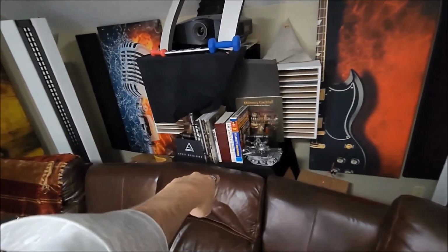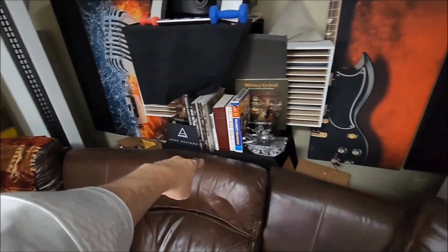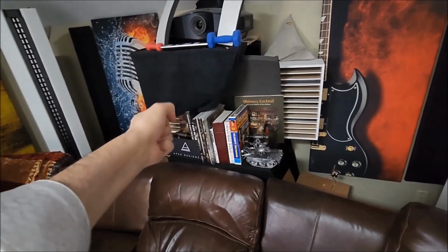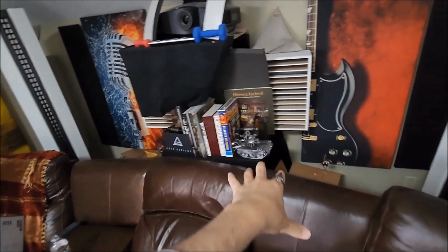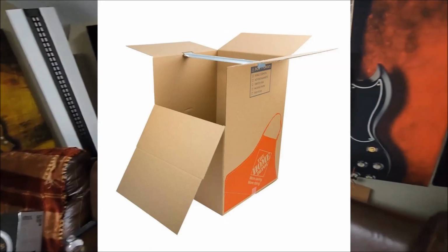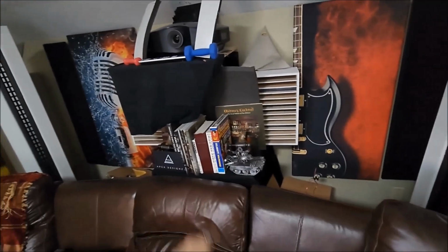Talking again about bass traps, what's behind me here is a huge box, about 3 feet tall. It's one of these boxes you can get at Home Depot to put clothing in for moving. It's got a rack that you can hang clothes on. That's meant for moving, but I just filled that entire box behind me with insulation. So that's a huge bass trap right behind my listening position. So 1, 2, 3 here in the corner. On the ceiling are 2